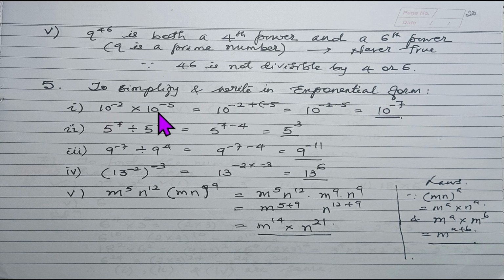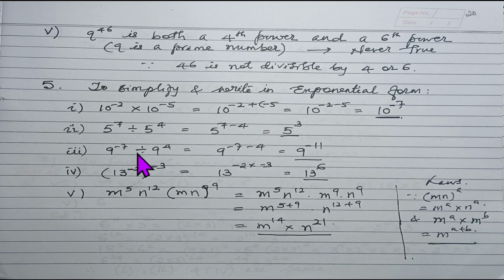10 raised to minus 2 into 10 raised to minus 5 is, add this, apply the laws of exponents there. That is, a raised to m into a raised to n is a raised to m plus n, and therefore it is 10 raised to minus 2 minus 5, that is 10 raised to minus 7. Division means a raised to m minus n, you have to do, therefore 5 raised to 7 minus 4,